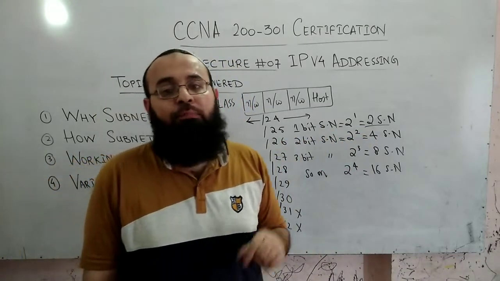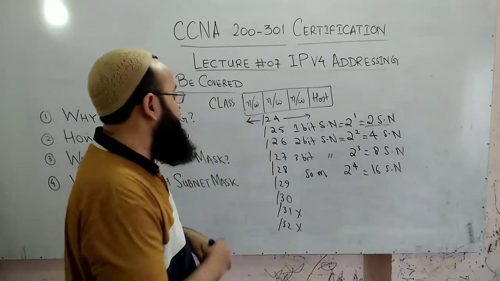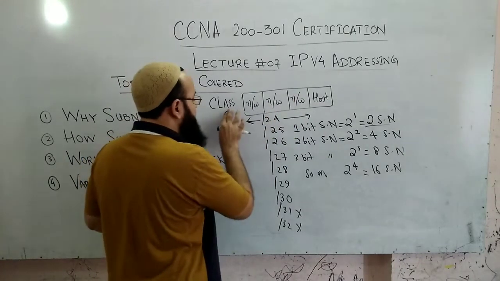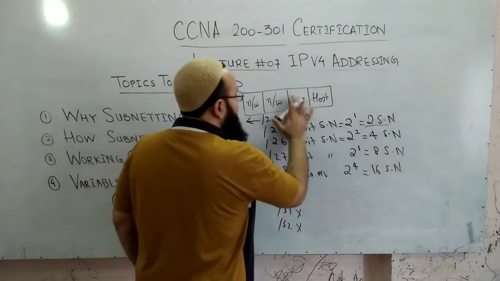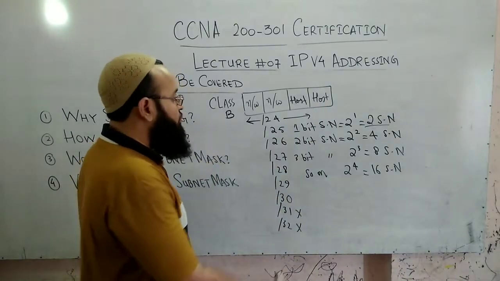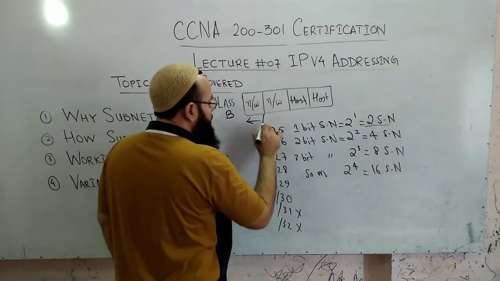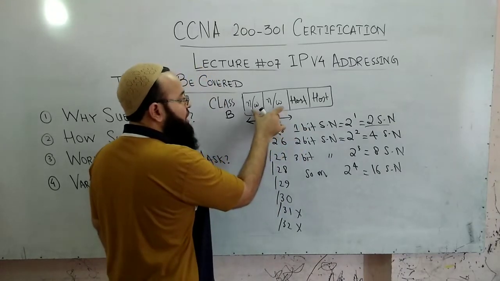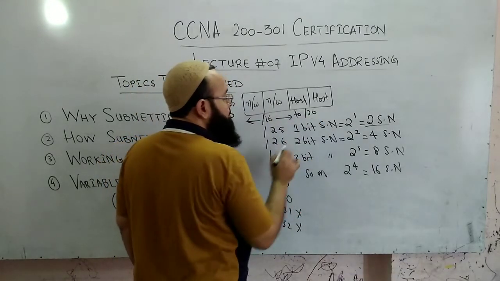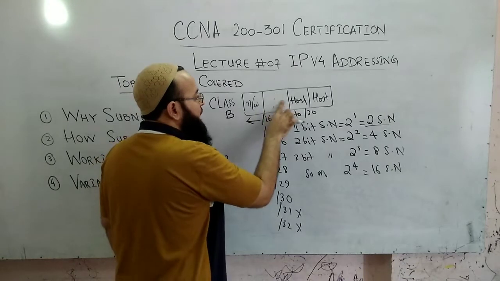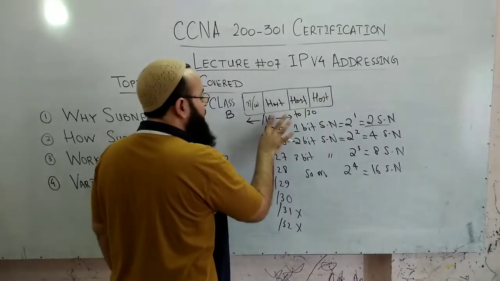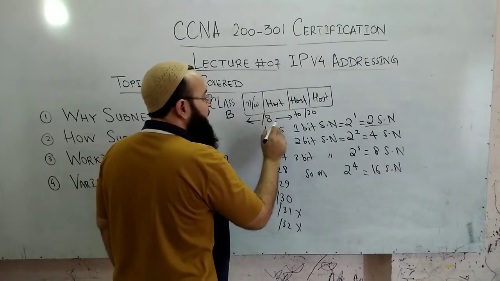Now, this was the example for a class C IP address. If we talk about a class B IP address, we have 2 octets for the network and the last 2 octets are for the host. So this leads you to a /16 starting point. From /16, in case of class B, you can move to /30. And in case of class A, there is 1 octet for the network, while the others are all for the host. So you will be moving from /8 to /30.